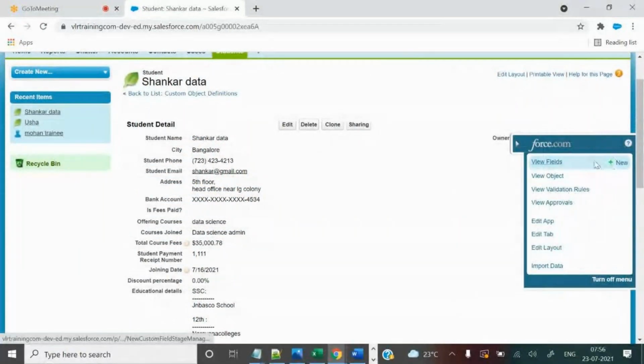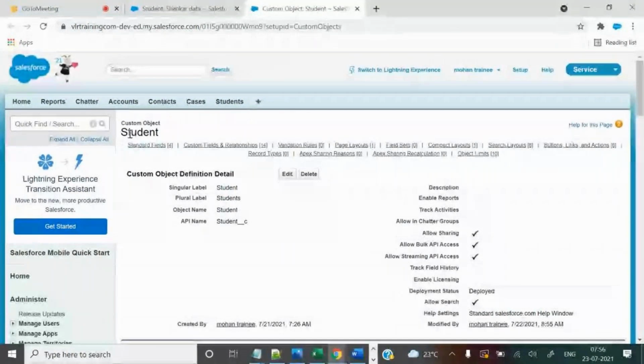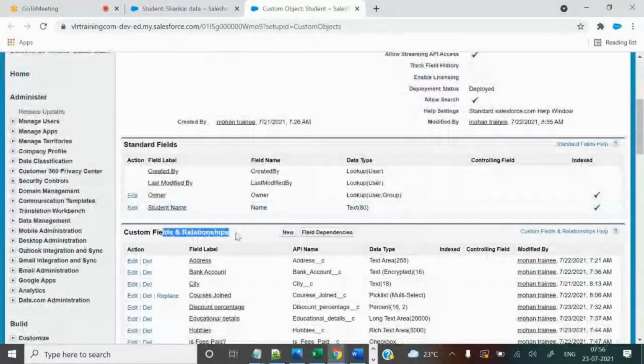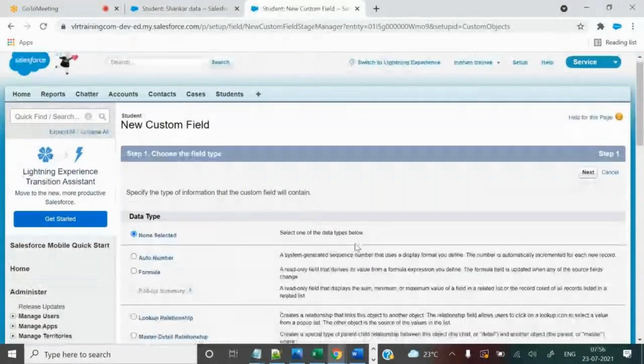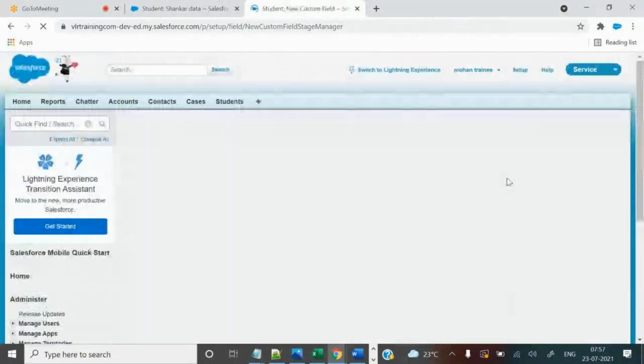Let's go to Object Manager, Student object, create a new custom field. The last field type, you can see URL. Time also is not needed, guys, that's why I'm skipping it. Okay, next. That's it.